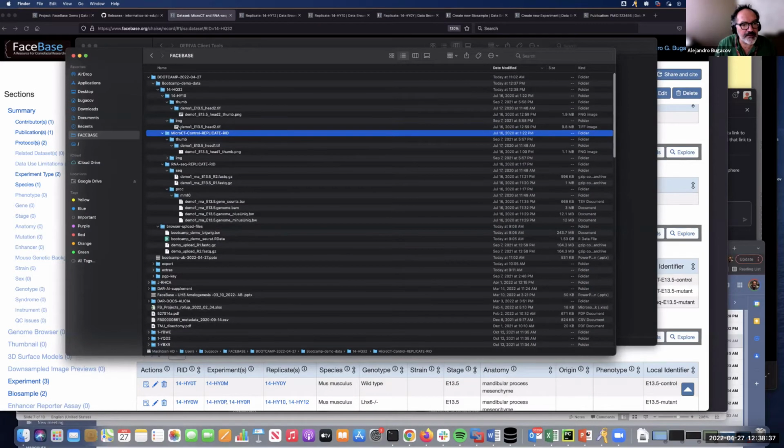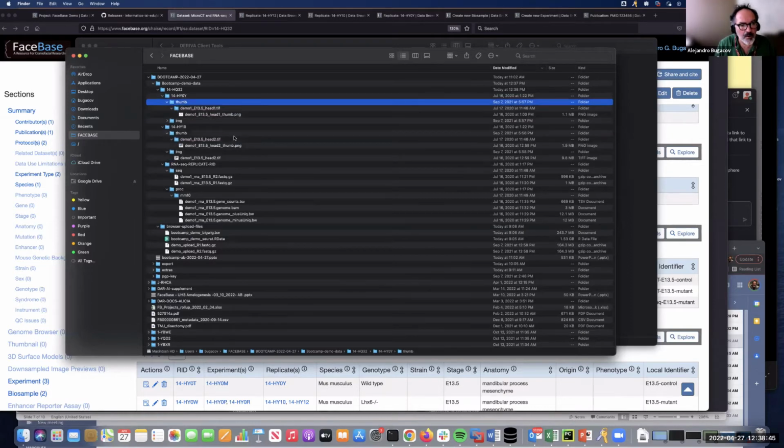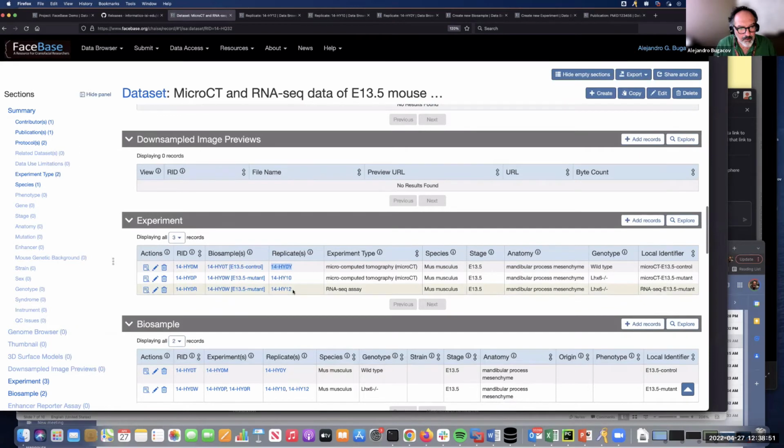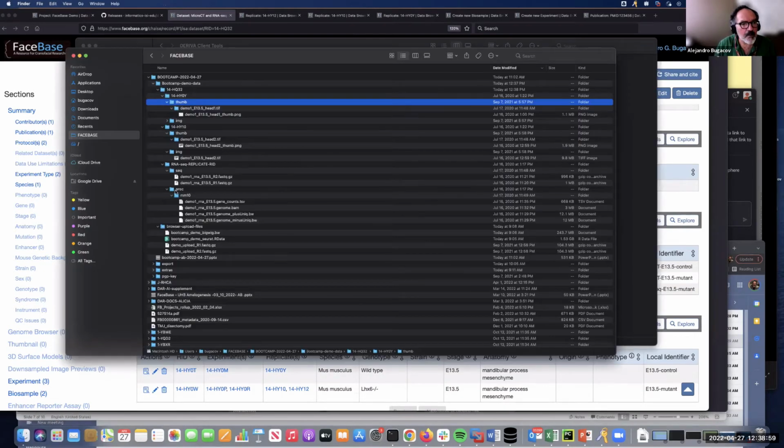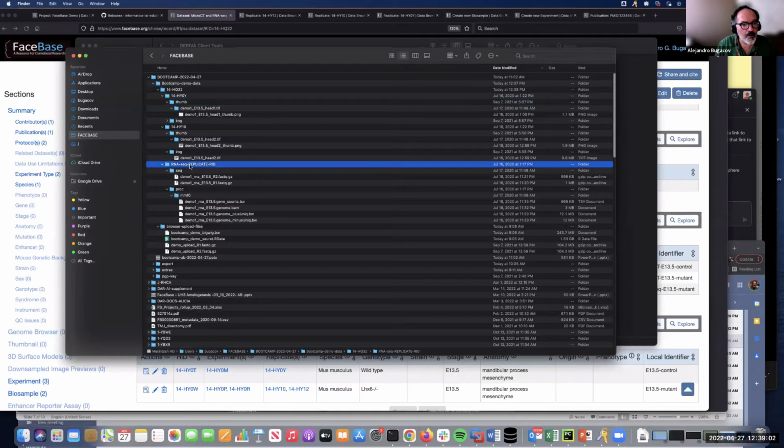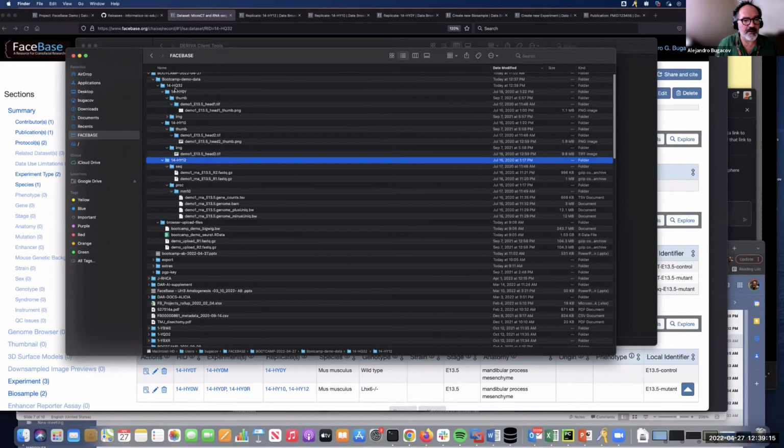And rename the directory. And last, the RNA-seq assay, replicate ID. Okay, so I already entered all the actual RIDs, and then I have them already organized in the way I